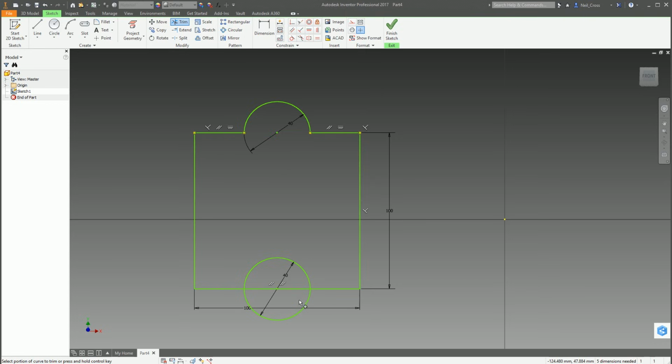So we'll hit trim, trim, trim, and trim. Just be aware, if you do any sketch modification commands such as trim, extend, scale, any of those, it can break the objects and break the constraints. It's forcing you to remove entities from within the sketch, which can therefore remove where constraints have been applied to. So if you've constrained something to a line and you trim that line away, that constraint is going to break because that line's no longer there.